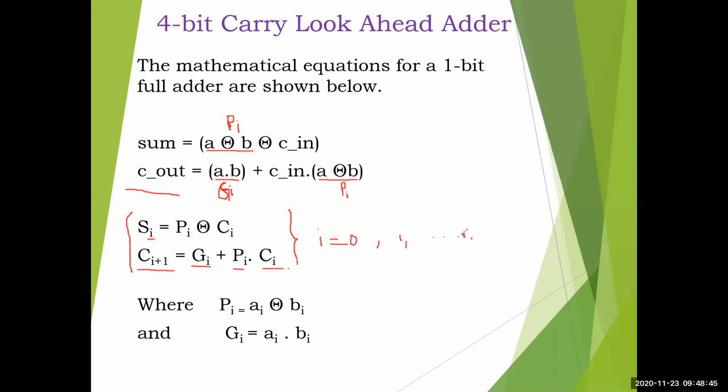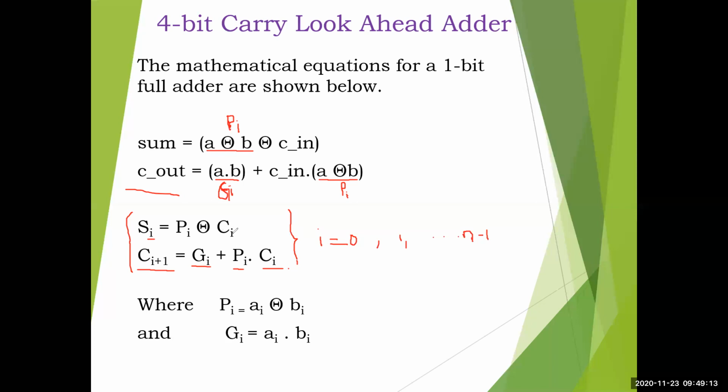Okay, i from 0 up to n minus 1, that is the formula. This is the write down. I have not written the value of i. So what will happen here? If you have a 4-bit adder, then it is up to 3: 0, 1, 2, 3. That's why s0, s1, s2, s3. Just look at the previous block diagram. If you have noted down, it is 3, right? Similarly, with respect to here, p0, c0, p1, c1, p2, c2, p3, c3, like that it will do the operation.